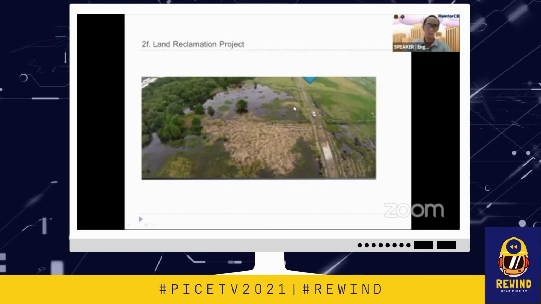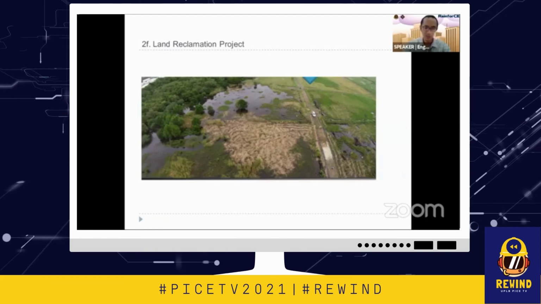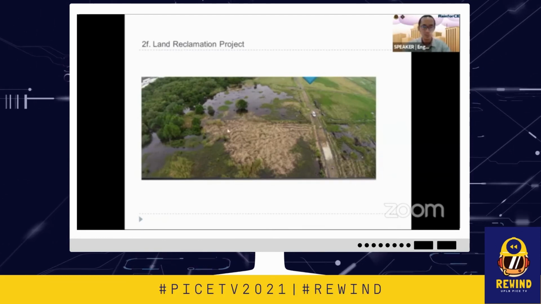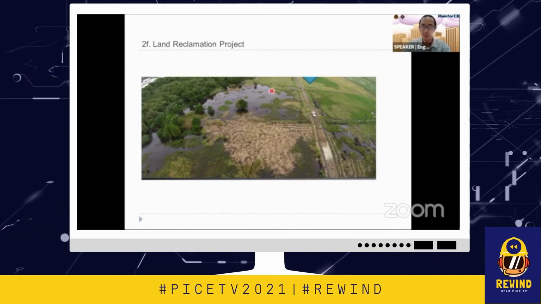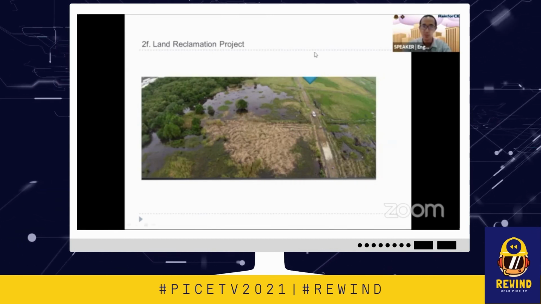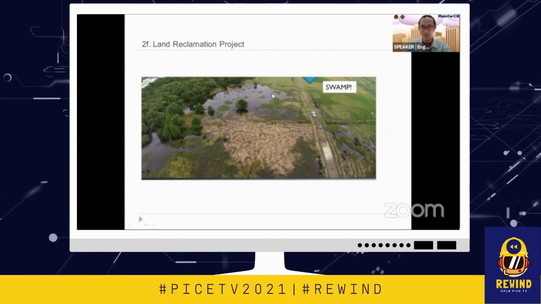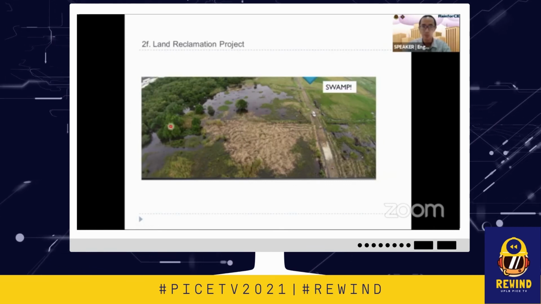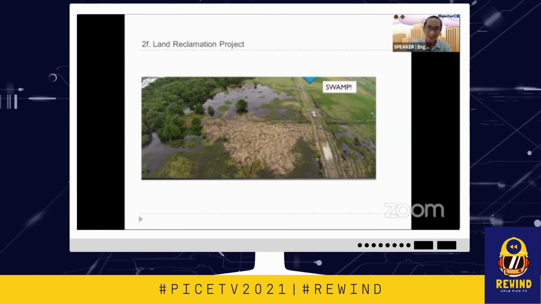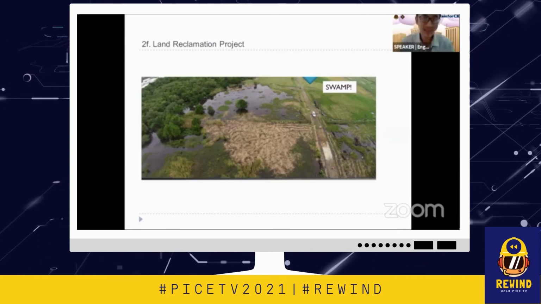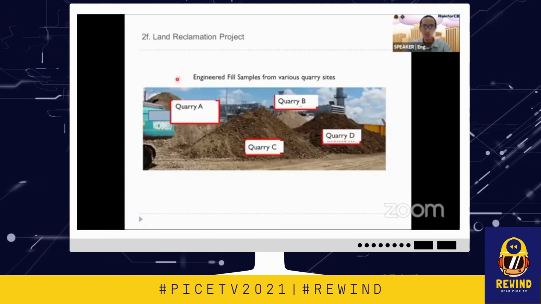Okay, so now we're going to talk about a land reclamation project. This site is the home. We're going to build a power plant, but the only problem is, as you can see, it is swamp. Okay, so how do we build a power plant in a swamp? Number one is